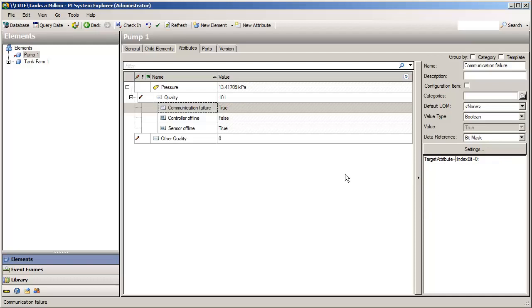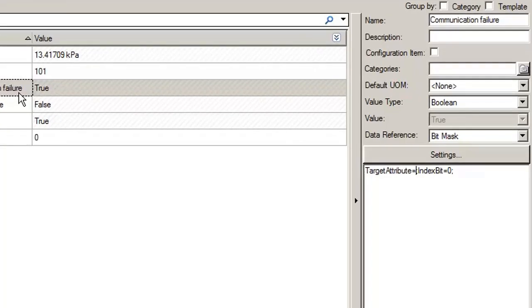Now, when we were first building our tank farm, we looked somewhat at the relative path syntax within PyAF. It works a lot like shell syntax, so if I'm at the level of my communication failure attribute, and I want to go all the way up to its element, dot backslash, and then get the attribute called other quality, I can do that.